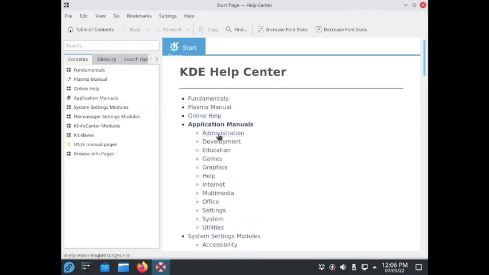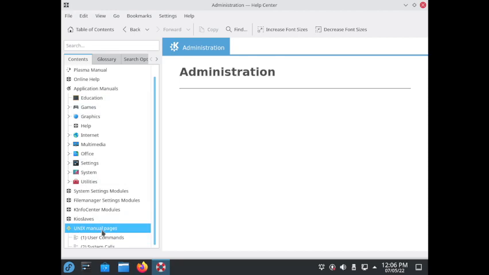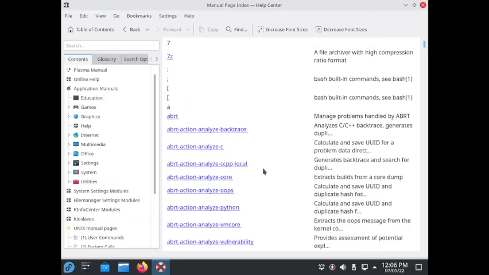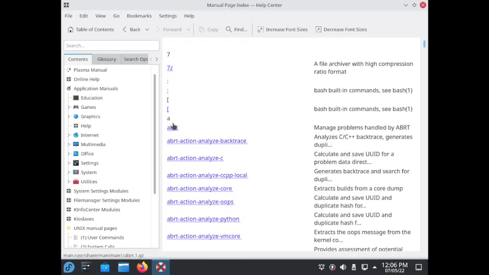So if you go in administration, let us see what they have got in the administration section. Okay, so section wise is there. So Unix manual pages are also there. Let us check out, okay, what are the user commands? So here all the user commands, say it is alphabetically arranged. So first is the ABRT, that is the problem report tool of Fedora and Red Hat. So that is given. So the different command syntaxes, and their